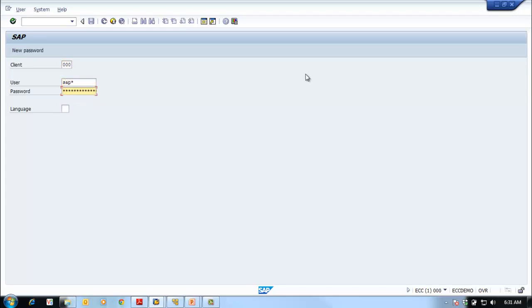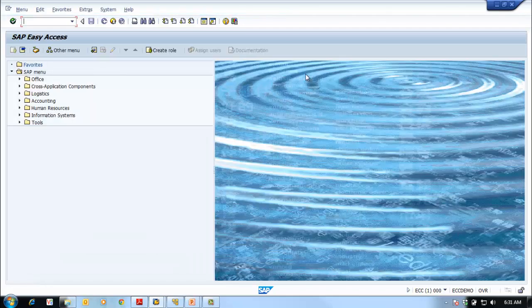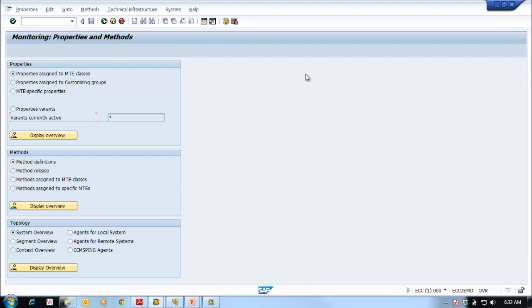This is a standard user, or you can use another user, but we need to make sure it has all the necessary authorization to do this particular activity. Right now, since it's a fresh system, we use SAP*. Here we call the transaction code RZ21, which we have seen in our previous session. Go to RZ21,